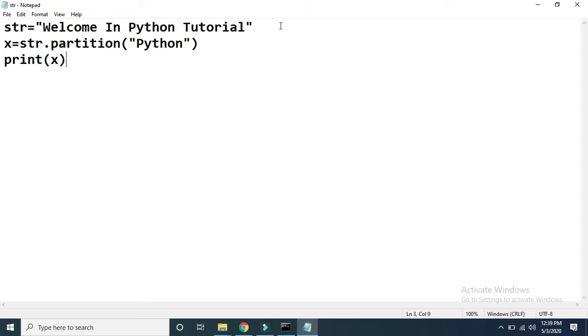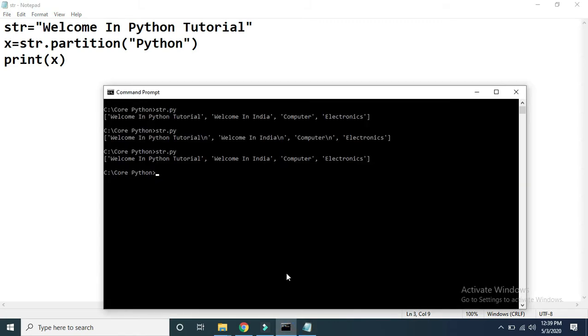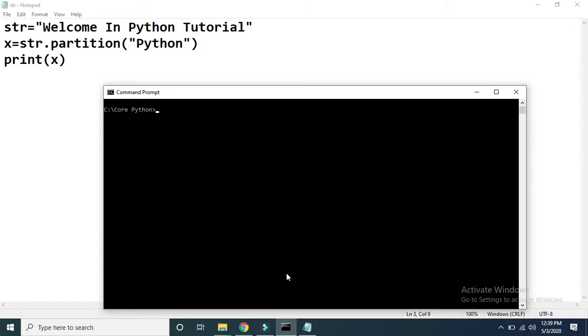x. Okay, so before giving discussion of this, I just want to show you the output of this program. See here, we have got output of this particular program in this way. What exactly happens in this case is, if you apply the partition method and pass Python, this Python is present in this particular string.